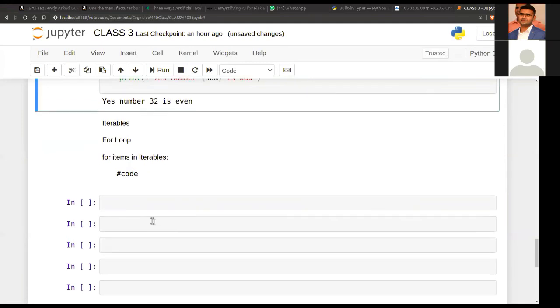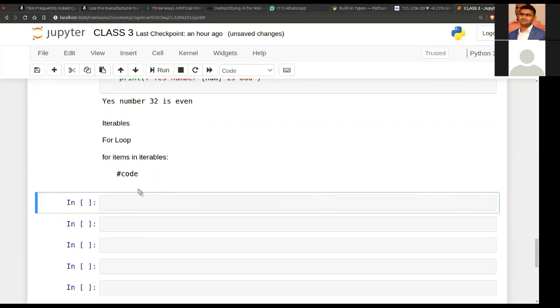Now we have talked about iterators, right? Iterables. Rahul has explained quite well, so we know what iterables are. Now I would like to tell you something about iterators. What is an iterator and what is an iterable? Iterable is this. Suppose I create a list of a few numbers like 1, 3, 6, 8, 9. I have my list, and this list itself is an iterable. We can iterate through this.